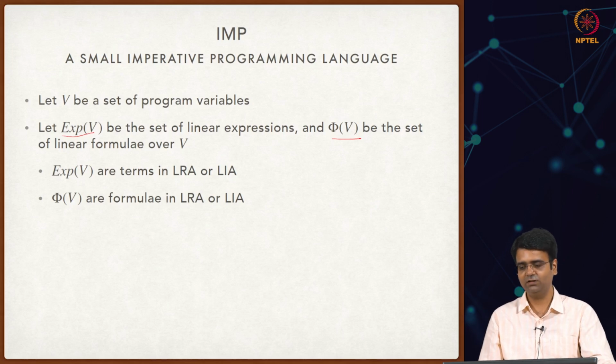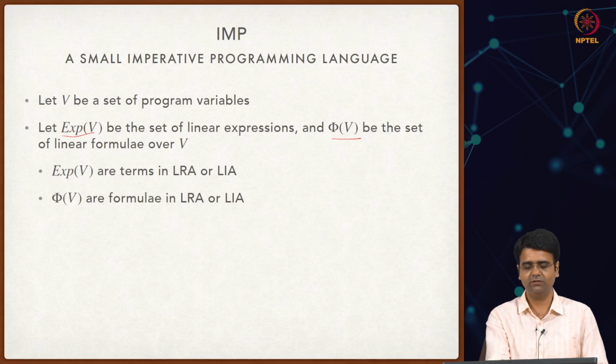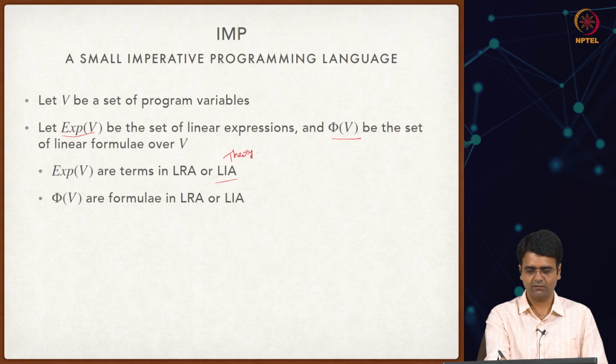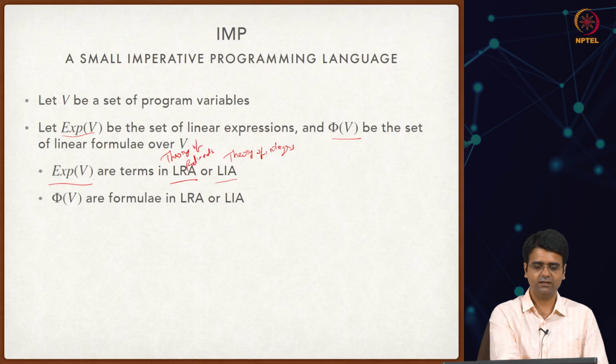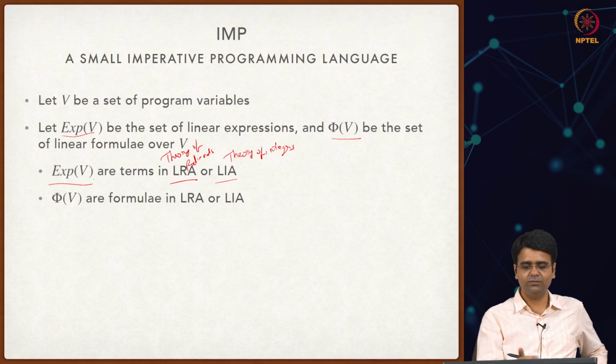And phi-v are the set of linear formulas over the program variables v. So again, to tie this with what we have seen so far, we have seen the theory of integers, the theory of real numbers, the theory of rationals. So LIA is linear integer arithmetic, which is the theory of integers, and LRA is the theory of rationals, or the theory of real numbers. So the components, or the elements of expv, are all terms in LRA